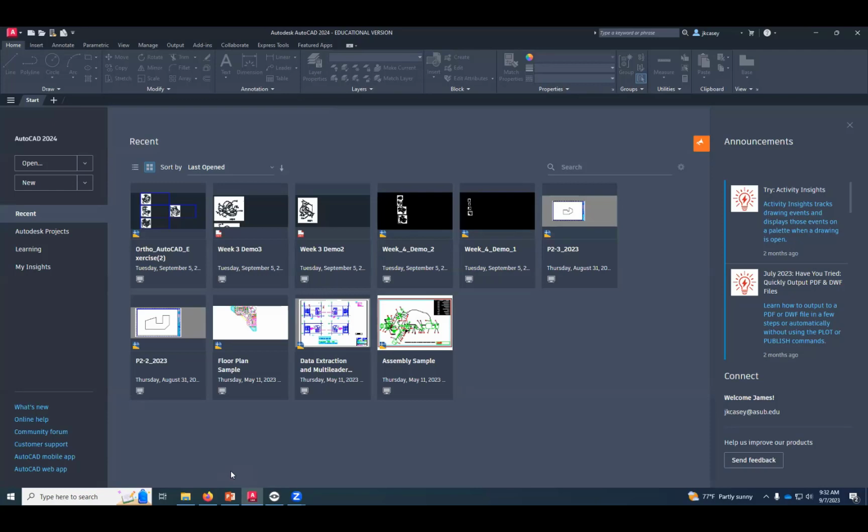This next chapter, chapter 3 in your textbook and chapter 4, is talking about orthographic projection. And orthographic projection is really the foundation of all of the drawings that we'll do. I mean, orthographic projection is the big deal when it comes to creating drawings of parts, assemblies, machines, floor plans, whatever. Orthographic projection is a fundamental concept that's used across all disciplines, and you really want to understand what it